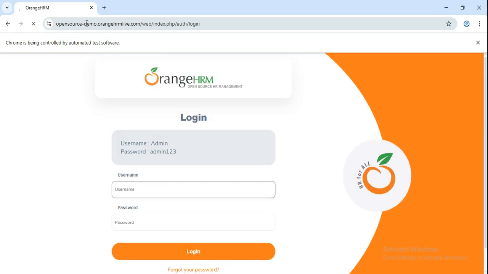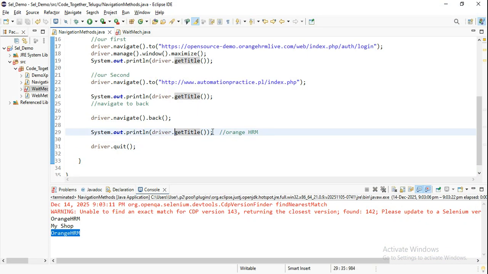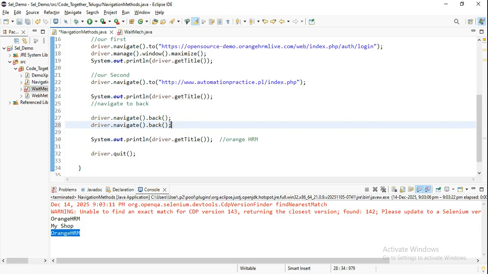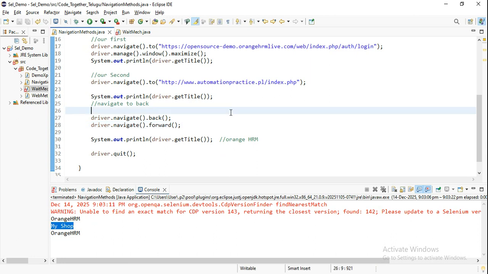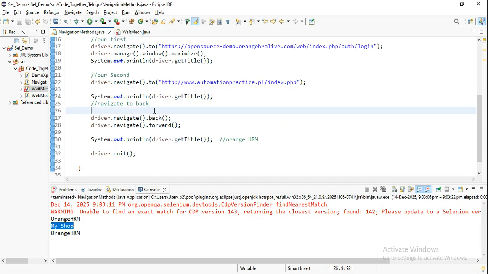Here just observe, you can see some link will be clicked. Yeah, it's clicked. You can see again it came back. Okay, you are getting the flow, right? After that, if you want to go forward, just click on this and use forward again. So you will have the forward method. It goes back and again comes forward. If you want to sleep, you can use Thread.sleep,